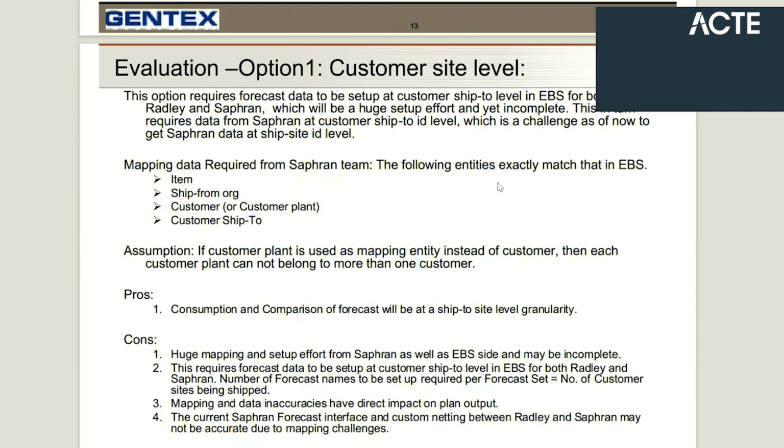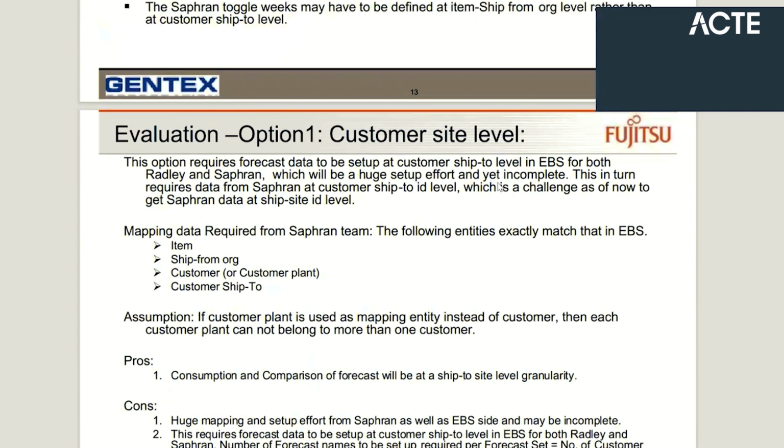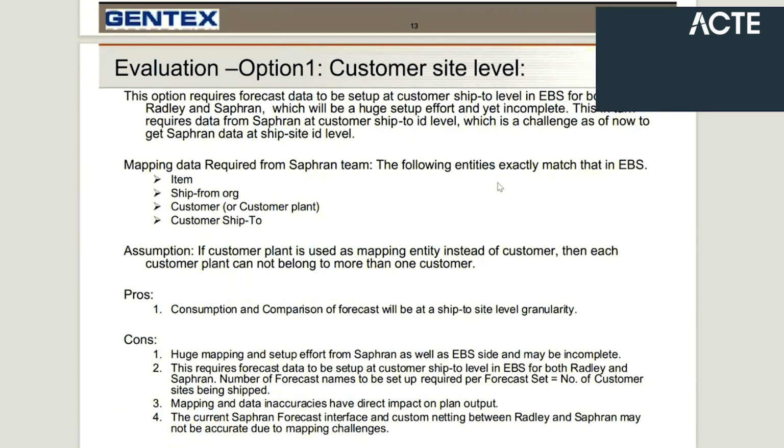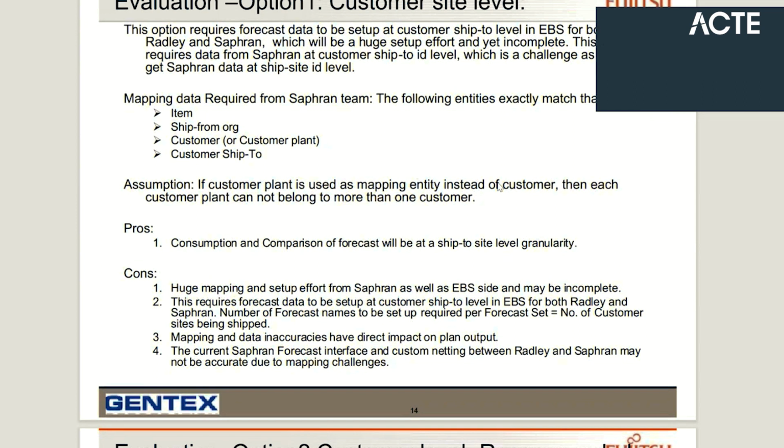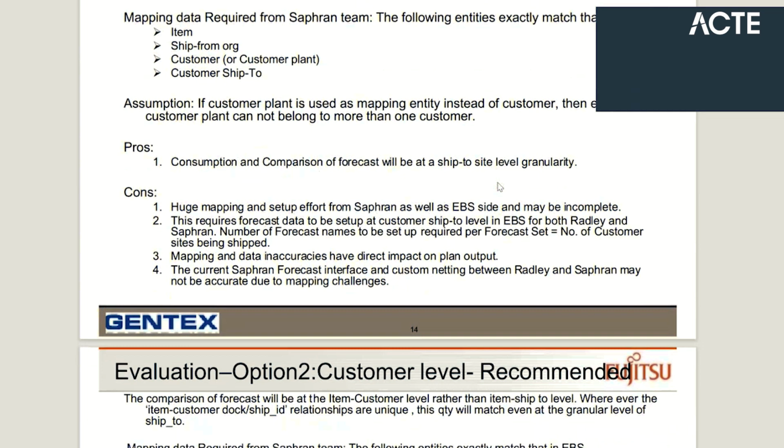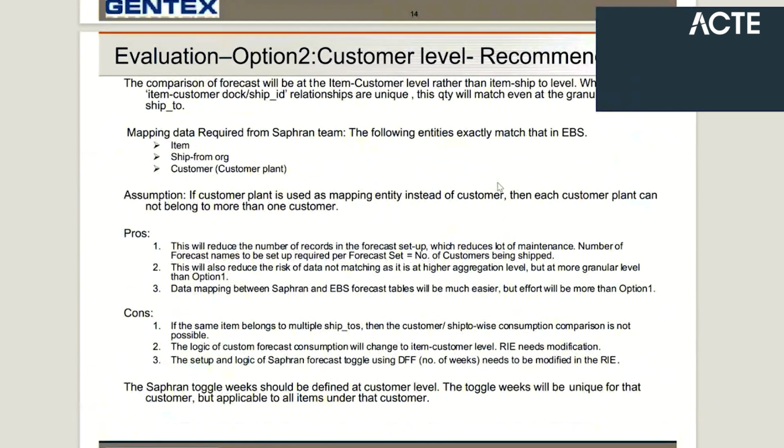So these are all like you specify the customer and you produce the quantity and then you send it. So this is how the information which needs to be going occurred. The following entities exactly match that in EBS. The following entity will be item, ship from, customer, customer ship to. So all these details, you take the information and then you broadcast to the customers and then you forecast that